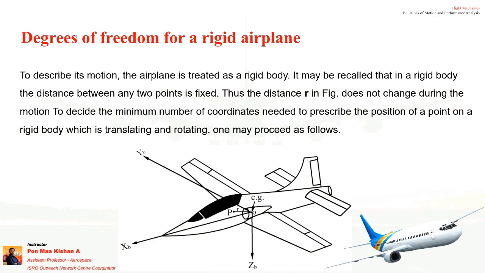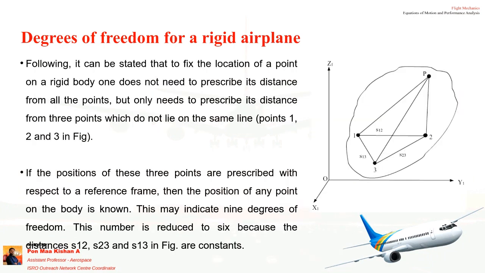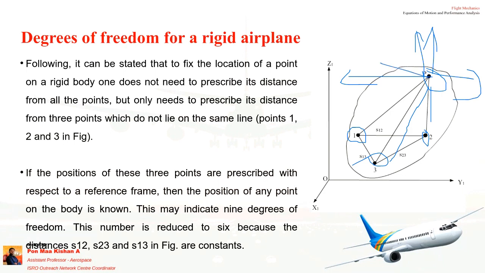Just try to understand. Suppose point 1 is fixed. Then point P can move with respect to the two points, 3 and 2. It can move in different directions with respect to 3 and 2 if 1 is fixed. If 3 is fixed and 1 and 2 are relaxed, then it can move in another 2 directions, so in total 4 directions. Then if 2 is fixed, it can move in another 2 directions. So with respect to that, we can move the object in 6 directions, so 6 types of motions will be there.